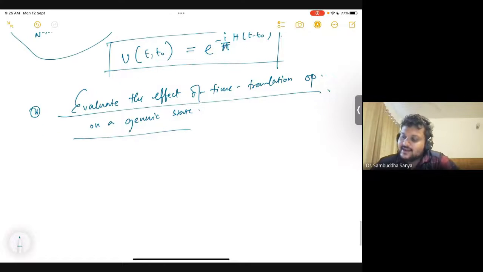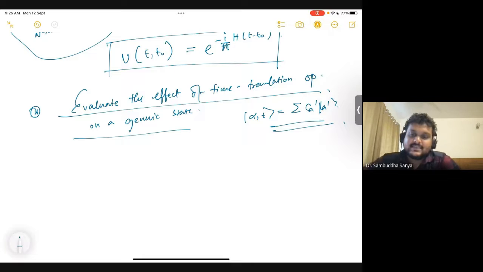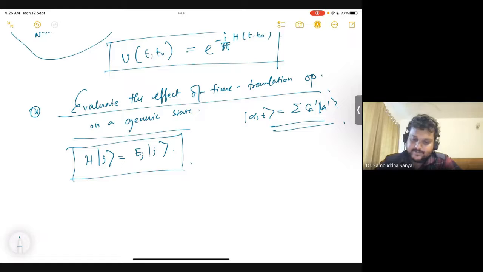For that, I need to use the eigenspectrum of some operator, because earlier I told you that I want to write this alpha t as some C a prime, a prime. And you will see that it is particularly easy if you use the basis of the generator. This is also true in dynamics, in translation, but here we will use the basis of the generator, the Hamiltonian. So the Hamiltonian is this, and its eigenbasis is this. The Hamiltonian is the generator of time translation, of course.